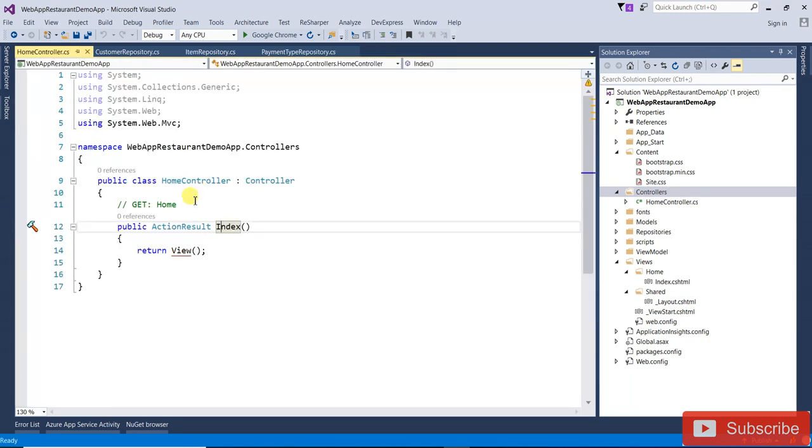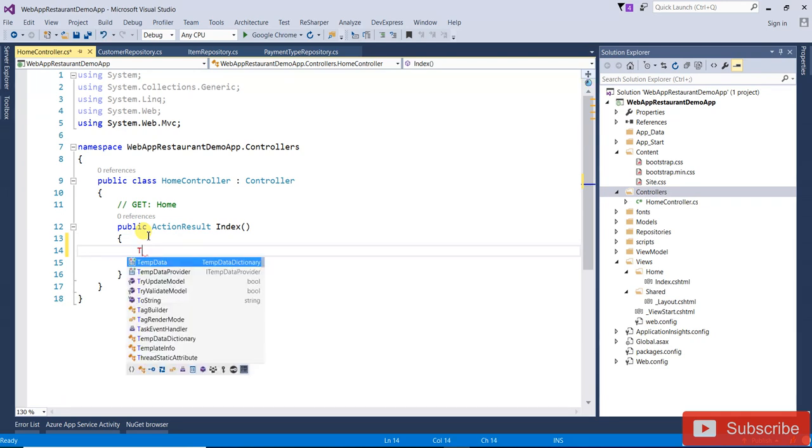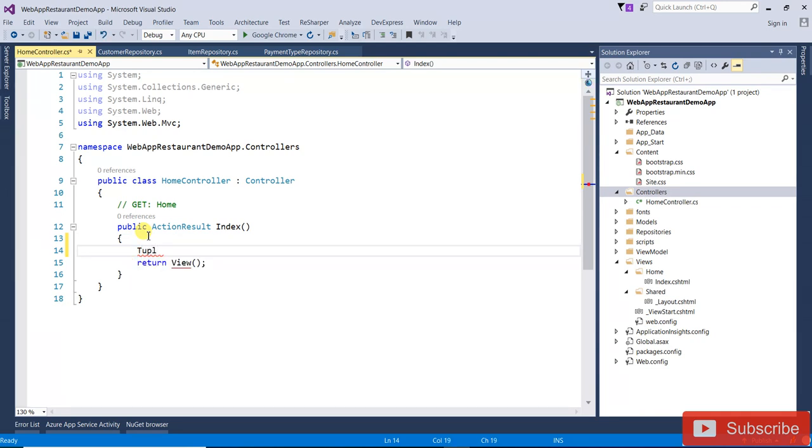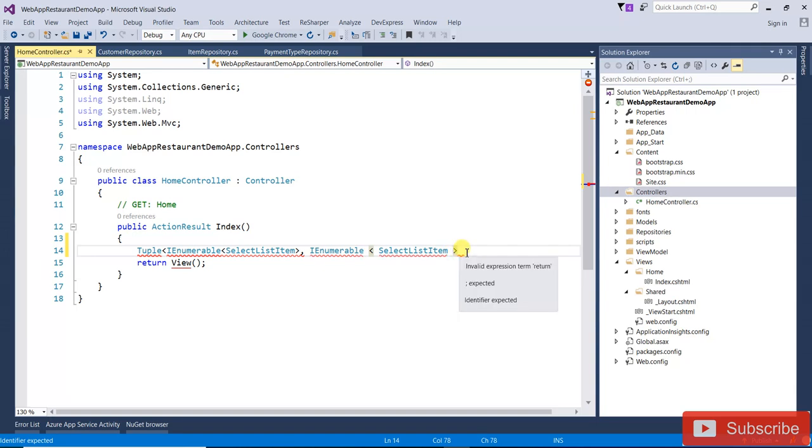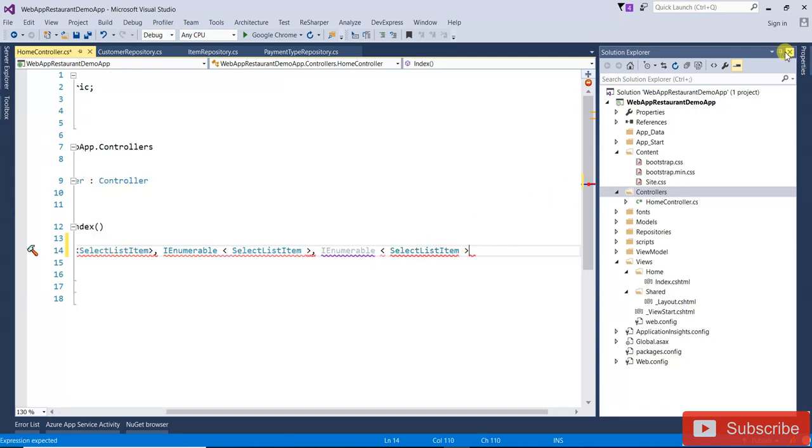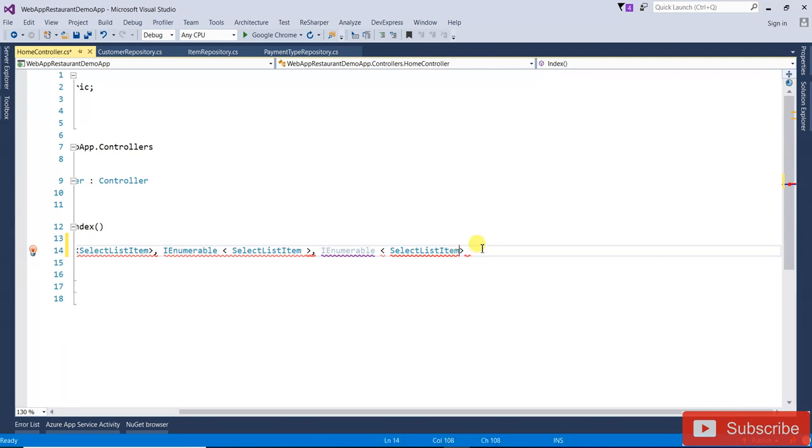Here, because I have to pass in that index view 3 different view models, there are so many ways to pass from controller to view in a multiple model. So here I am going to use the tuple. So it will be the IEnumerable of your select list of item. Then another one is also that enumerable that select list of item, and because 3 I'm going to pass. First one is the customer, item, and payment type. If you pass like that,